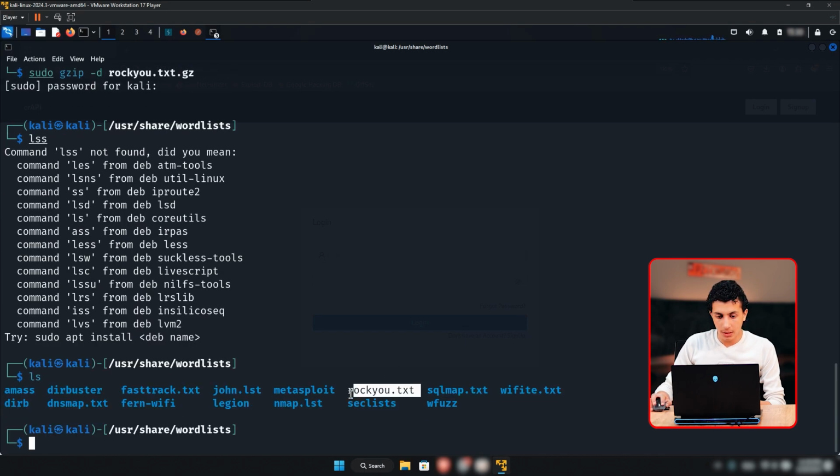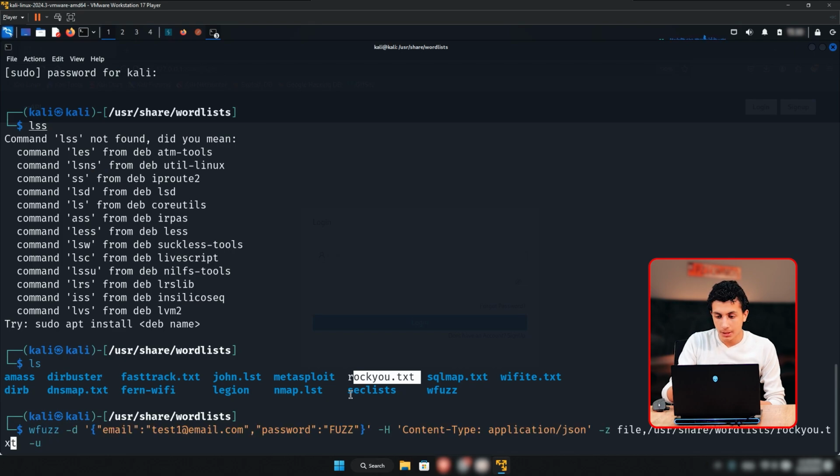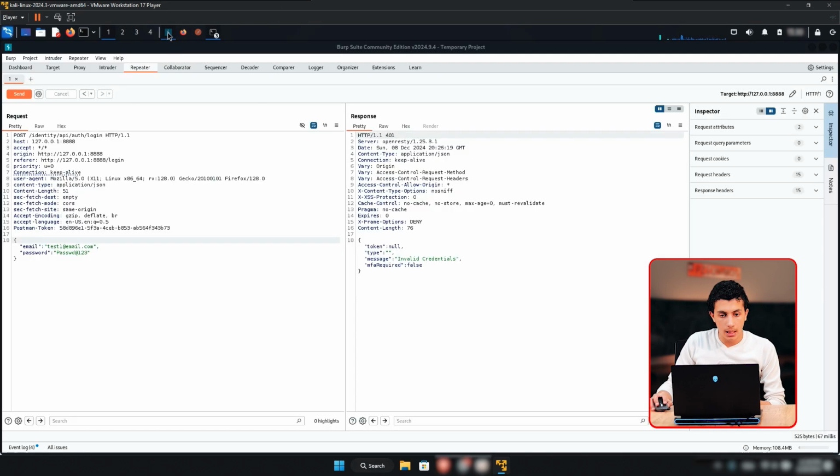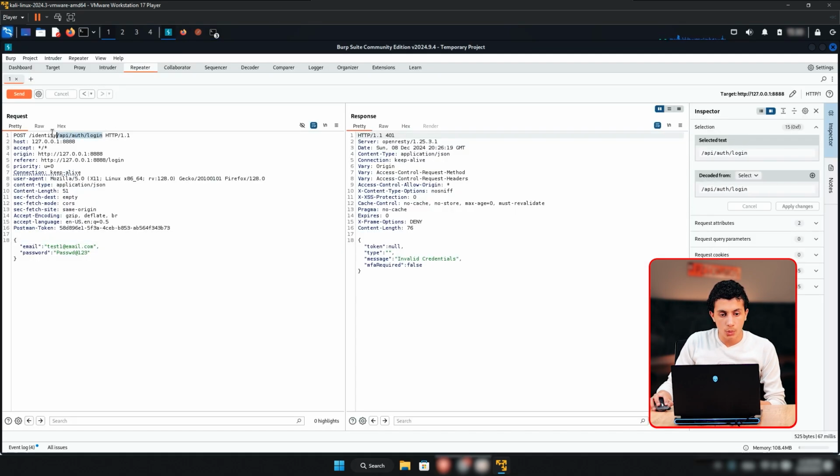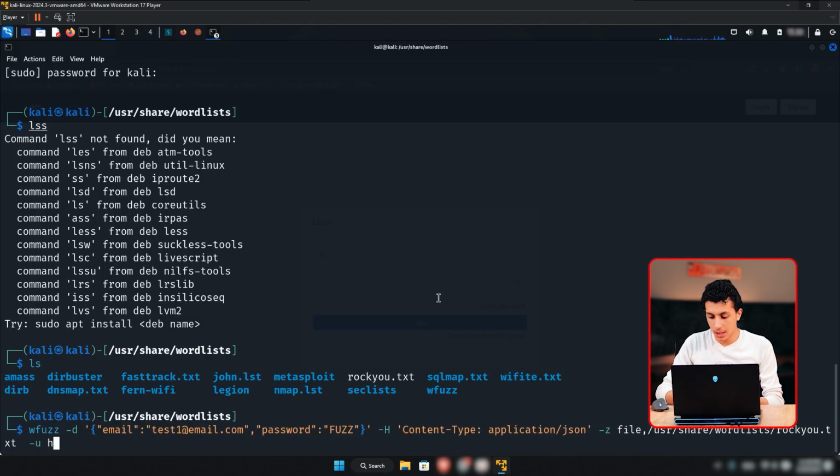You can see that we have the word list right here. So we're going back to our wfuzz command, and we have specified our word list. -u means the URL that we're going to target, and I will get the URL with the endpoint. Okay, you have to make sure that the endpoint is specified,